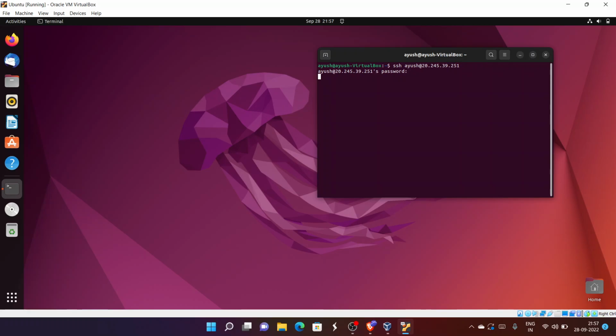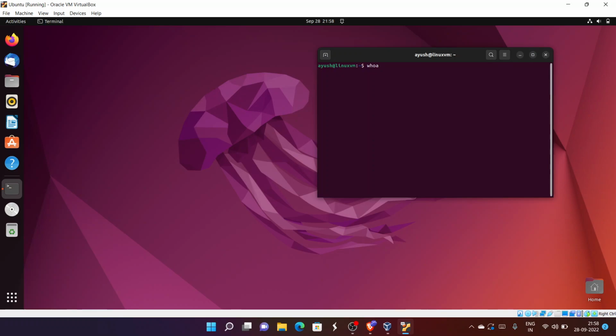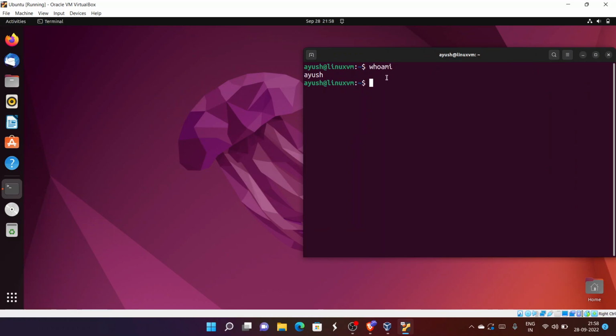Hit enter. Okay, now I hope I have entered the correct address and correct password. Now here you can see the host name we had added, Linux VM, and Ayush is the username. If I clear the screen and write whoami, here you can see the username is Ayush, and also you can see this host name has been changed from Ayush to